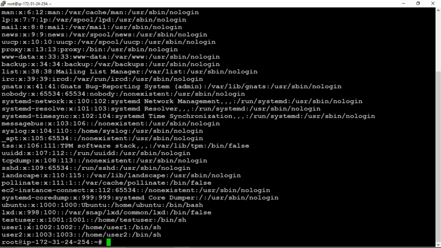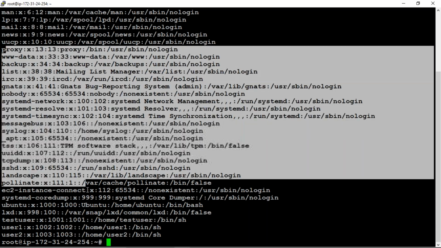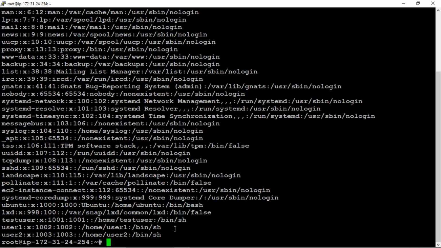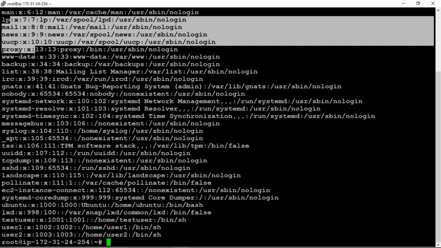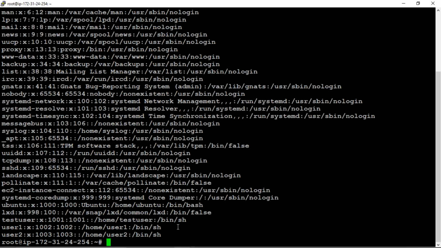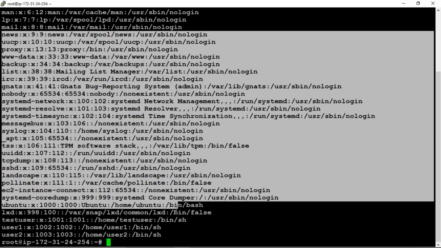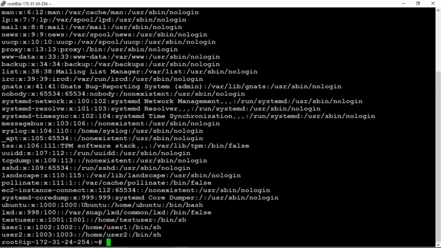Got it? Now here I have user1 and user2, and all the remaining users. So these are all the users. Now I just wanted to know only particular usernames. Out of these many users, I just wanted to print only some of the users. So how should I do that? Hope my question is clear. Out of all these users, I just wanted to print only these two users.